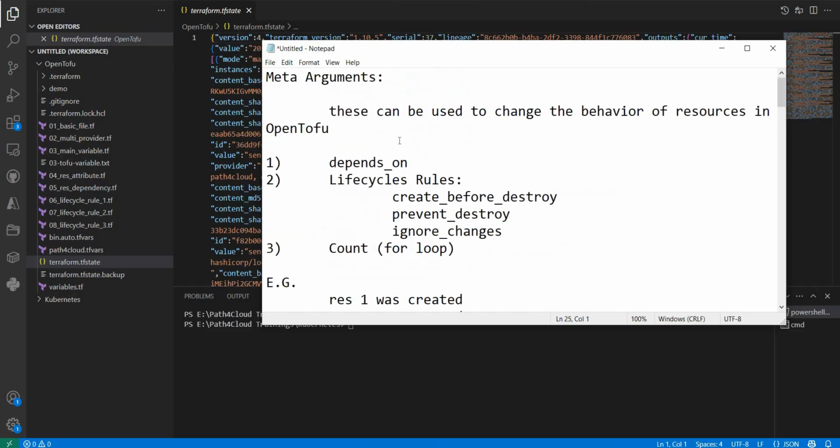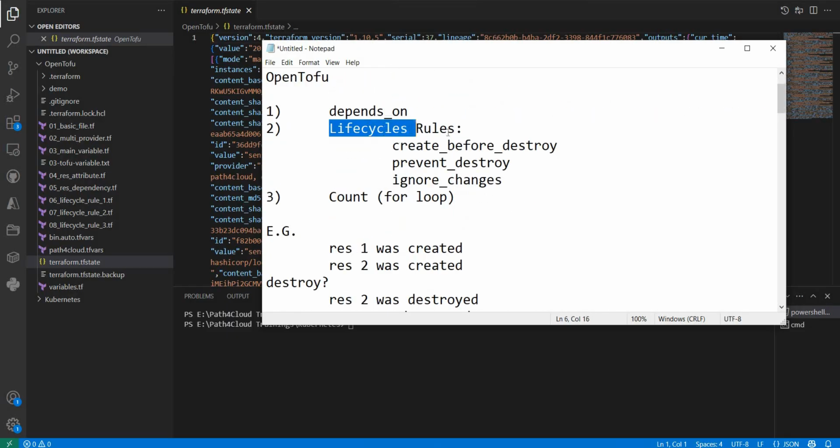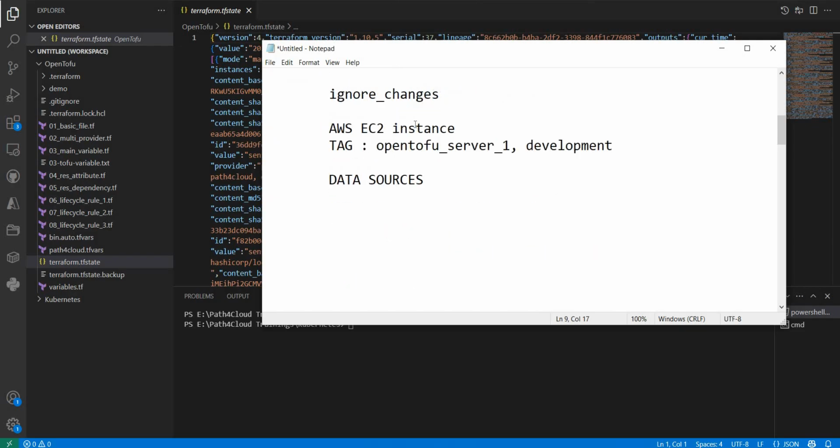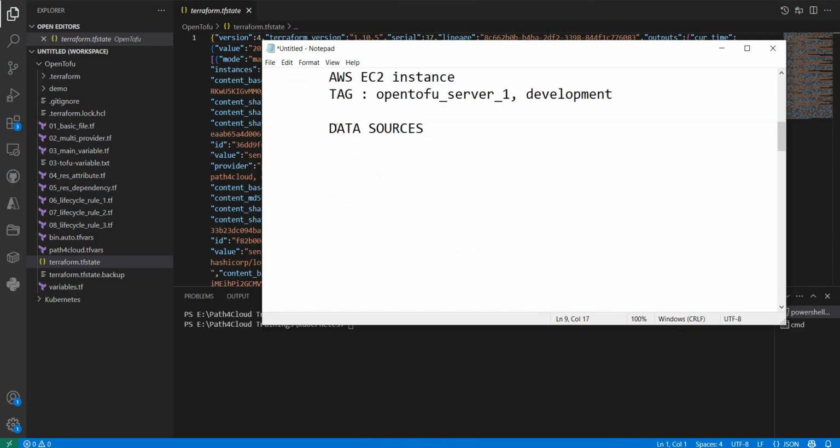And in our last video, if you have seen, we have discussed the life cycle rules, what life cycle rules are, how we can implement those, and what is the benefit of those. We discussed these three life cycle rules: create before destroy, prevent destroy, and ignore changes. And when we ended our last video, we mentioned that in the next video we will discuss the data sources,